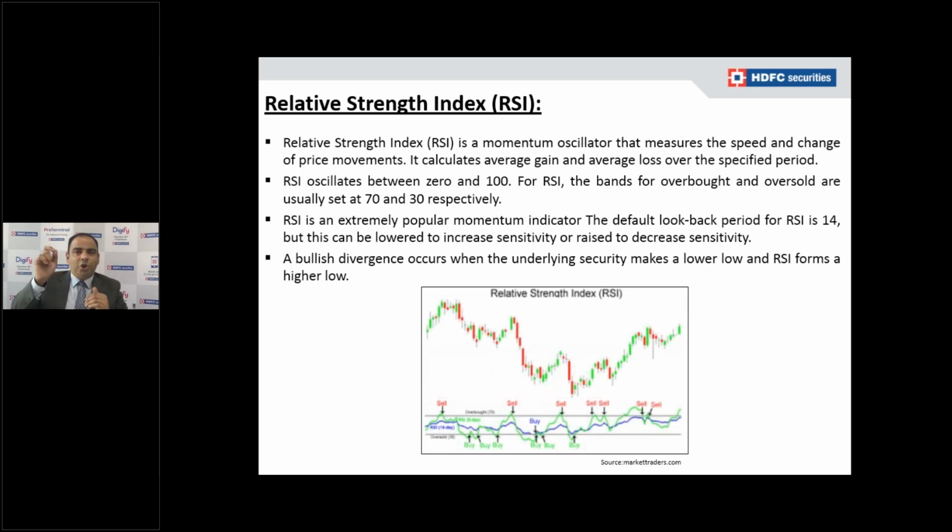You have to create a short position when the divergence is complete and wait for the trend. And at the lower levels, when the positive divergence happens, you can create a long position and wait for some upside bounce to happen. Same way, overbought and oversold levels. Many traders use overbought to sell the stocks, they exit their long positions on their holdings, and wait for the downtrend to occur, wait for the correction to occur.